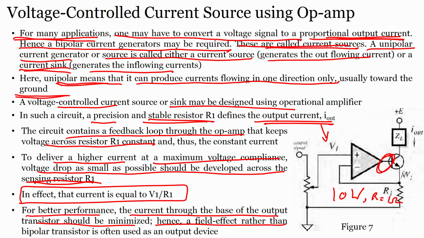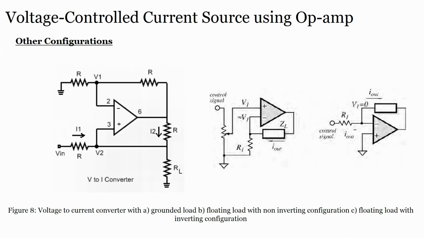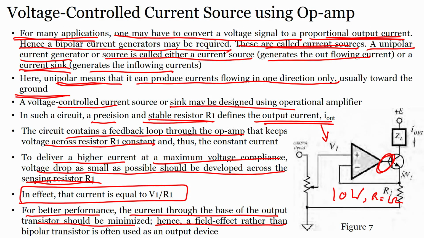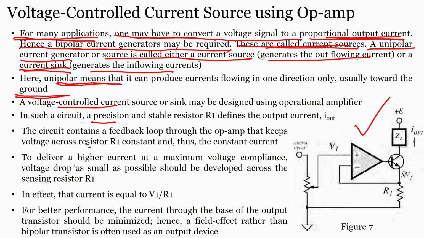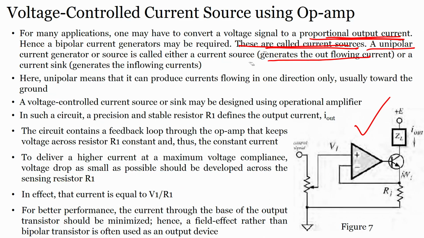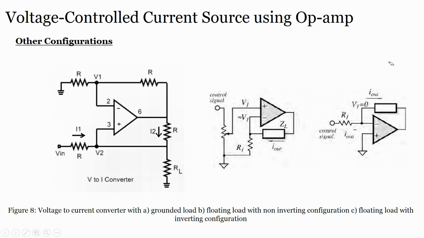So, if I want to design this voltage controlled current source, then how can I design? One way is of course this one, which is right in front of you. In high current applications we can use this particular circuit, but what if I want to use a circuit for low current applications? For low current applications, I can use this particular circuit, which you can see here, and it is nothing but a voltage to current converter.